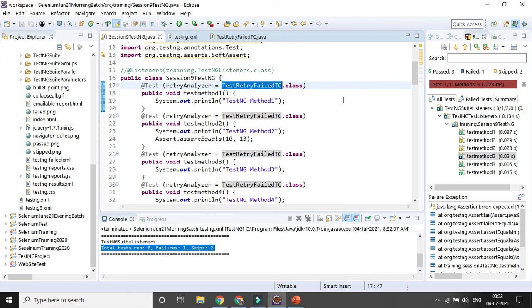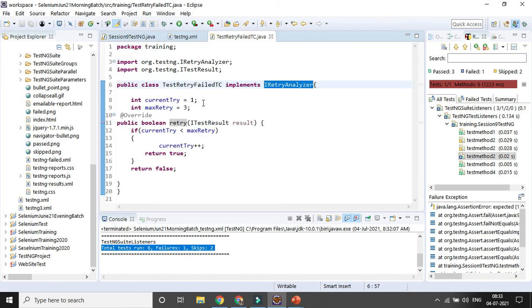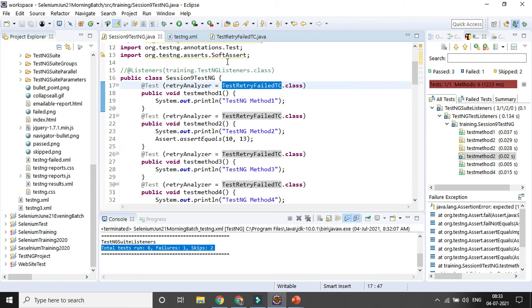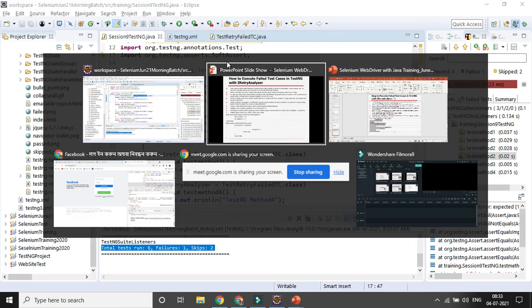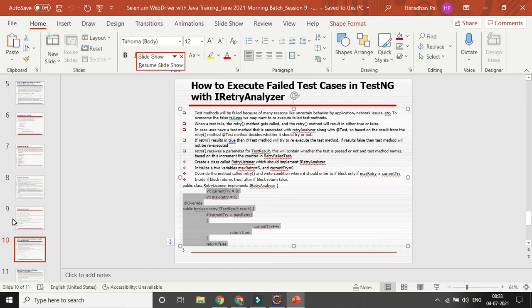So a passed test will not be re-executed; in case it is passed, it will be executed only one time. In case it is failed, whatever maximum and minimum count you are giving, it will iterate that number of times. So that's the way we can execute the number of iterations only for the failed test case.